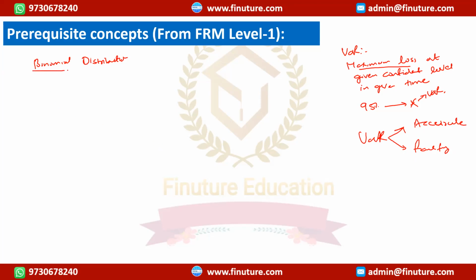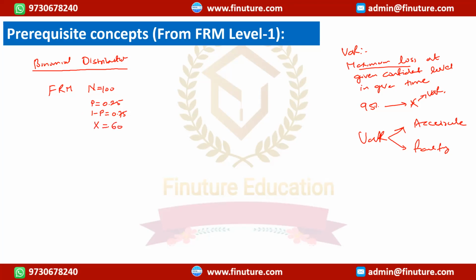People who have forgotten the binomial distribution, you can just think of your FRM exam, wherein the total number of questions is 100. Probability of getting a correct answer is 25%. That means 1 minus that, the probability of getting an incorrect answer, is 75%. Now, given that it can be either correct or incorrect,